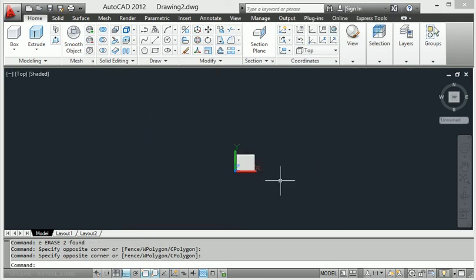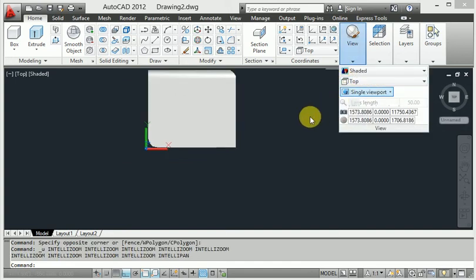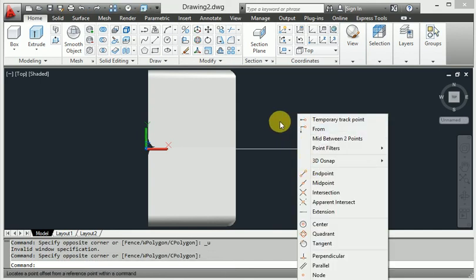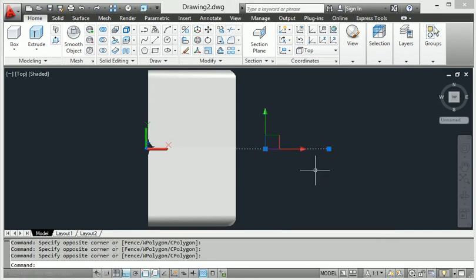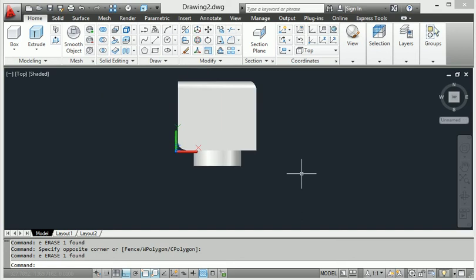The mirror is also deleted here. When I go to mirror right now, how is it possible?